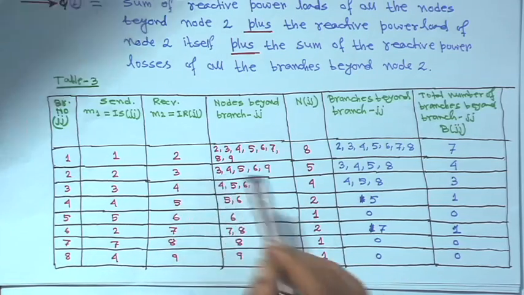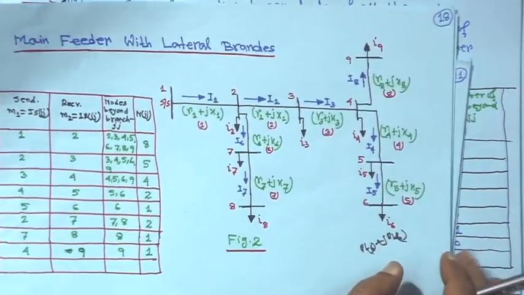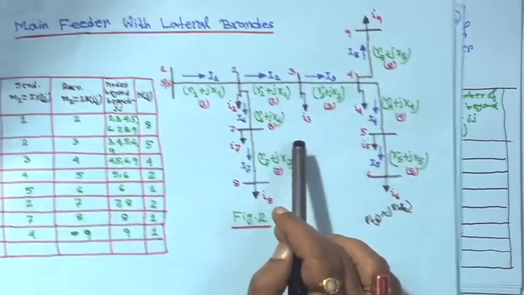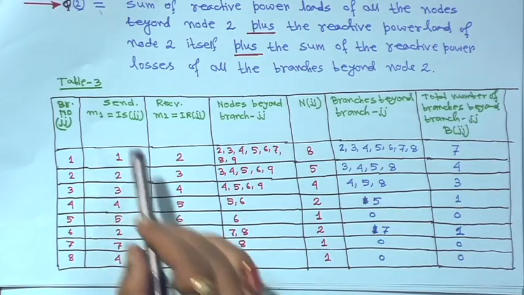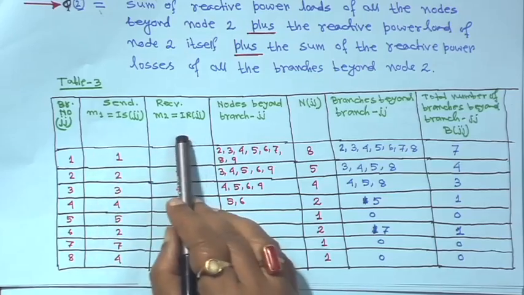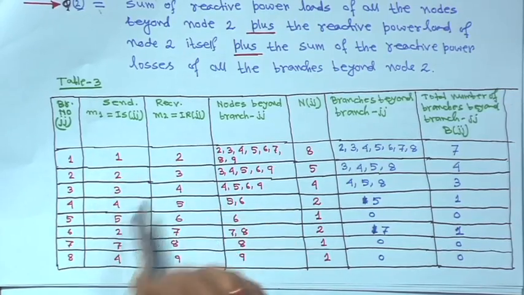For the same diagram, I have taken it such that it will be easy for you to understand. These are the branch numbers, 1 to 8, that we have seen. Sending end node M1 is equal to ISJJ, M2 is equal to IRJJ, that we have seen: 1 to 2,